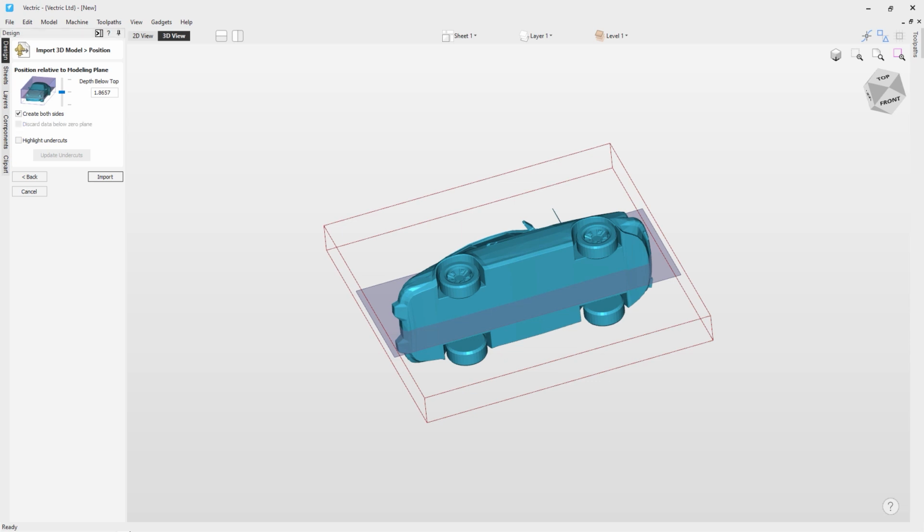as we're planning to make a two-sided model out of this in two separate sections in our single-sided job. We do have another video which is based on a two-sided job which follows many of the same steps, so please check it out in the related videos. But I want to make sure that the plane here is in the center of our model so both sides